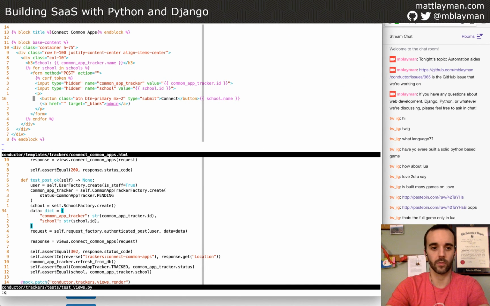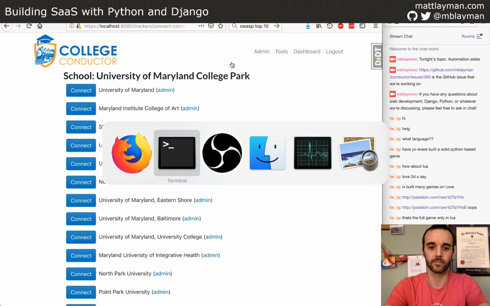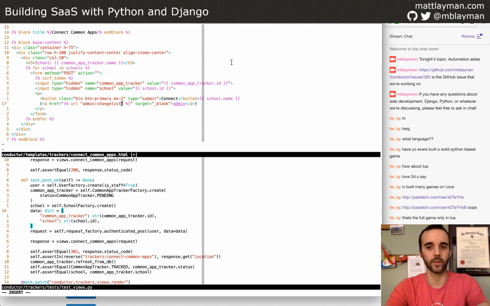So I think we can close that and ignore it. So we want to put in the URL for the admin. And this is where we're going to need some help from documentation. The URL is something like admin change list, something like that. How do I want to go about this?